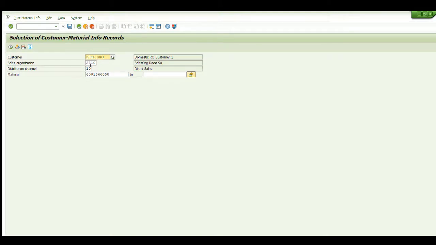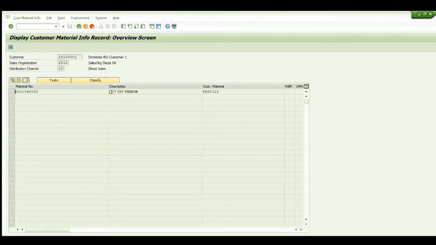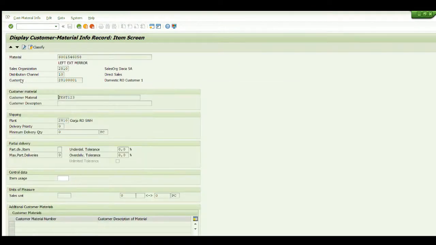Pass all that information, and then click on execute. It will take you to the next screen where you have to double click the material. In this screen, you can see the plant in the shipping tab.